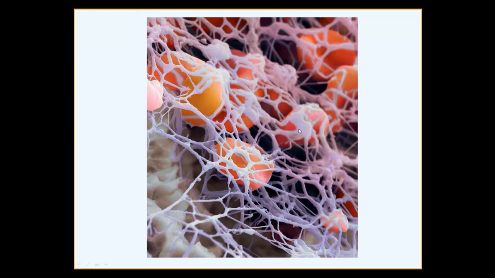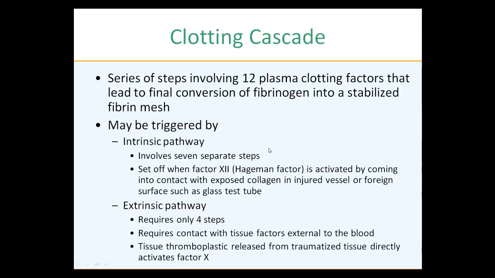As you can see here, these are fibrin threads, and this is a scanning electron microscopy picture. So blood clotting involves 12 different plasma clotting factors, and they discovered that some of those are like calcium and some are repetitious. But nevertheless, it's several steps, and those several steps, without going into extreme detail, can be activated by something